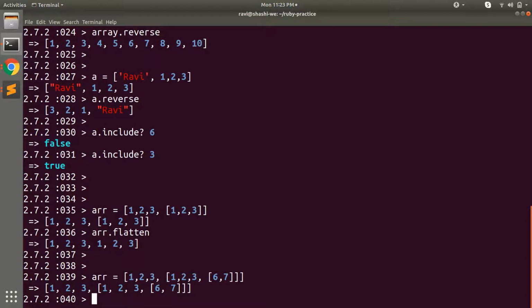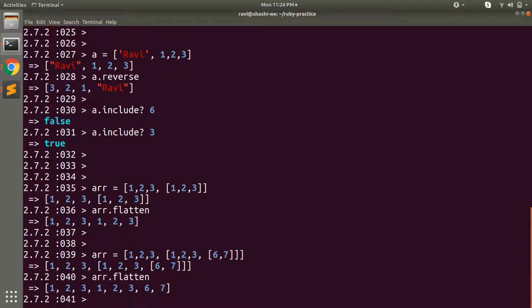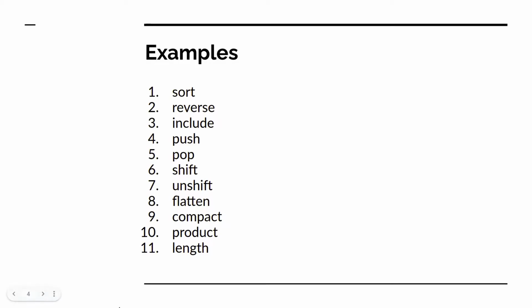So now if you call array dot flatten, then you will see that the entire array has been flattened. So it will de-array the array elements inside an array, and just flatten the input values. So that's why we use flatten.